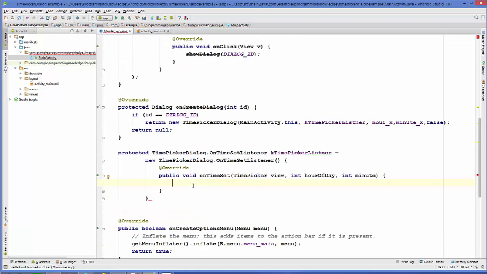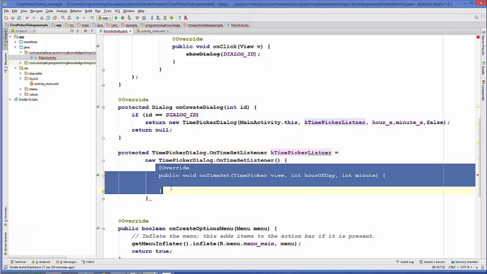So what we have done, we have declared a protected variable, which is TimePickerDialog.OnTimeSetListener, and we have declared the same variable which we have passed here is equal to new TimePickerDialog.OnTimeSetListener, and it will be created automatically.